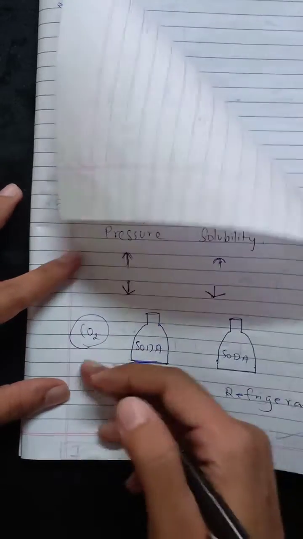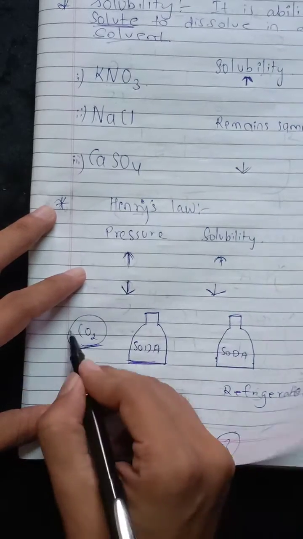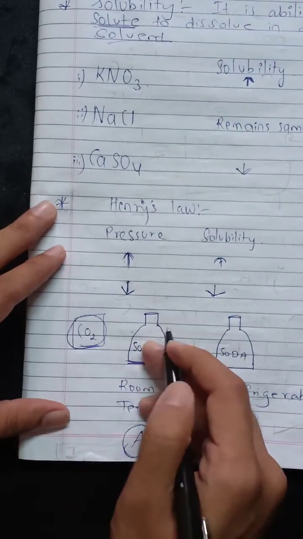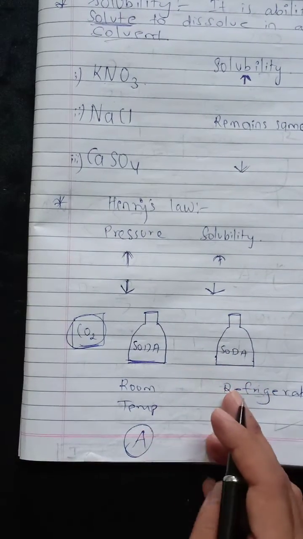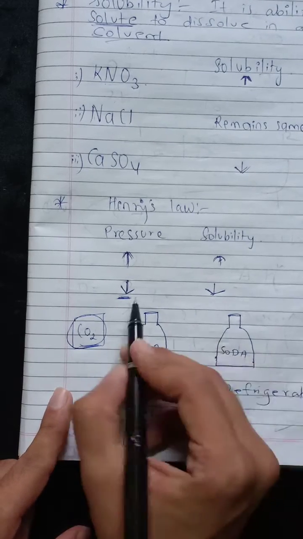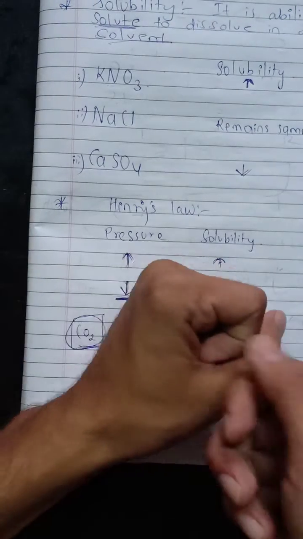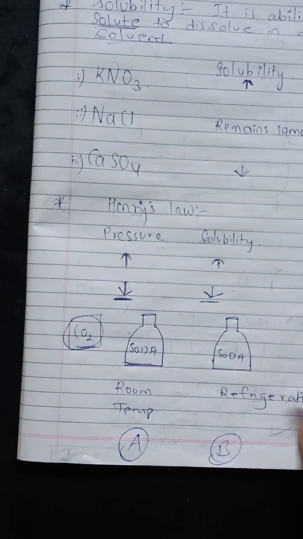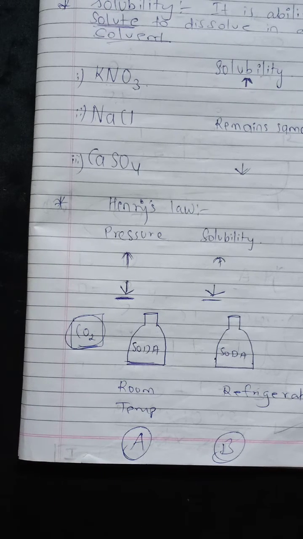Every soda has a carbon dioxide proportion. When the carbon dioxide gas is inside this and it has been kept at normal temperature, what does that mean? The pressure is low. Since the pressure is low, the solubility will be low. So whenever you open this kind of soda bottle at that period of time, we don't see any gas bubbles. We see only a few gas bubbles, and it does not taste sweet as well.